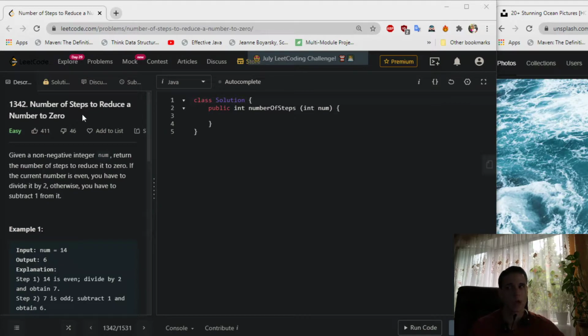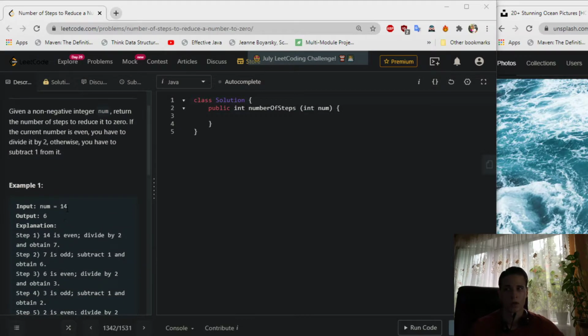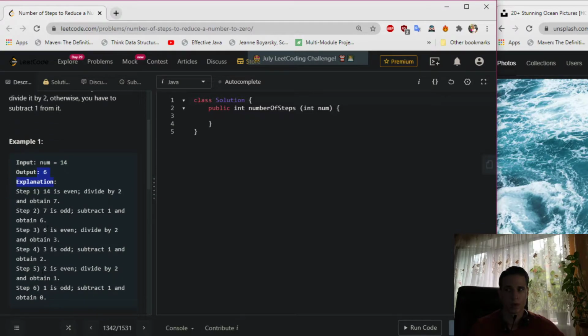This is called number of steps to reduce a number to zero. Given a non-negative integer num, return the number of steps to reduce it to zero. If the current number is even, you have to divide it by 2, otherwise you have to subtract 1 from it. For example, we got 14 and we returned 6 because there are 6 steps